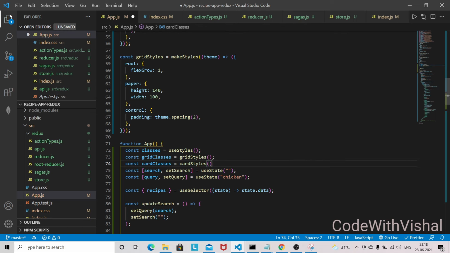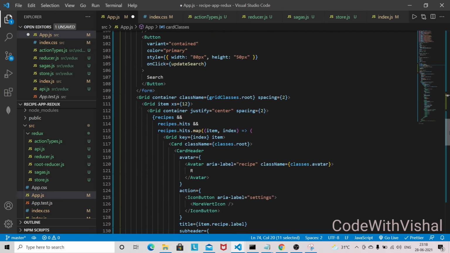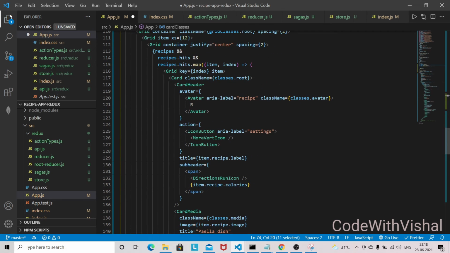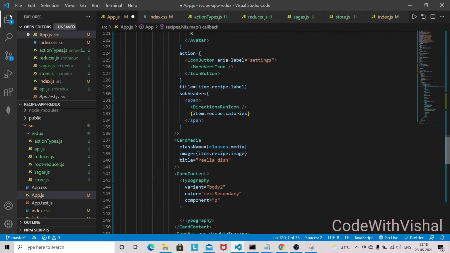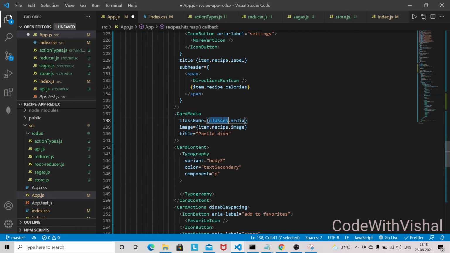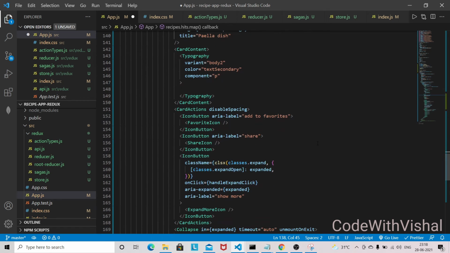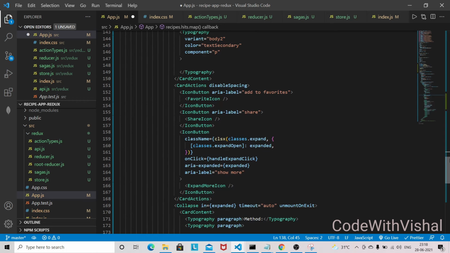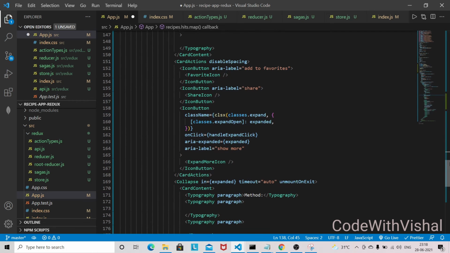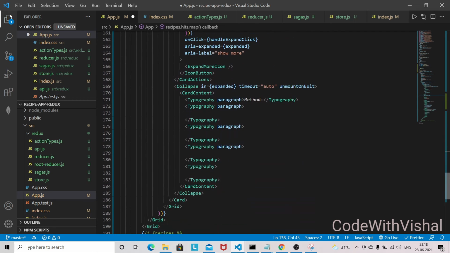So this is the card style we have given, and we are going to replace each style in the card with the card classes. So this is the card, so we are going to use the card classes, avatar here also. And I think that's it.